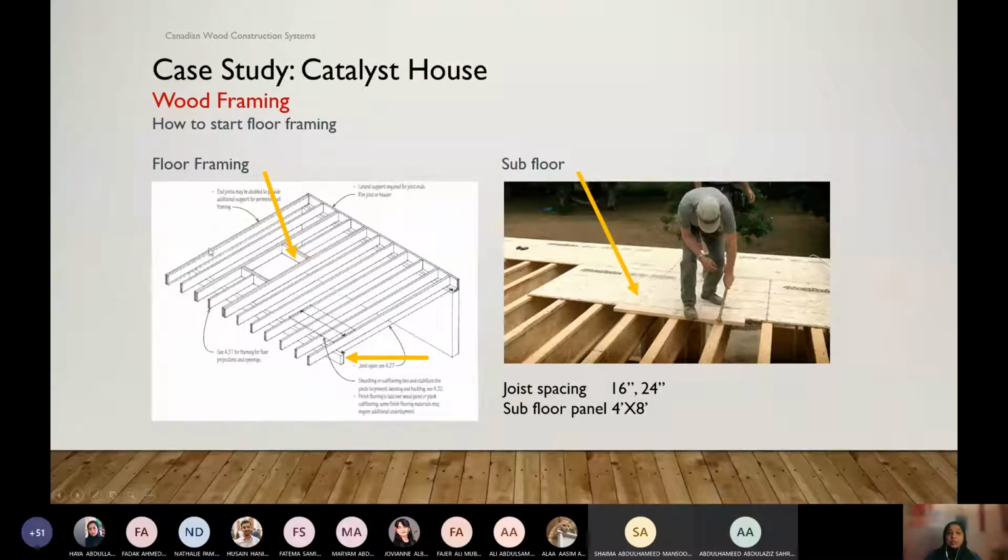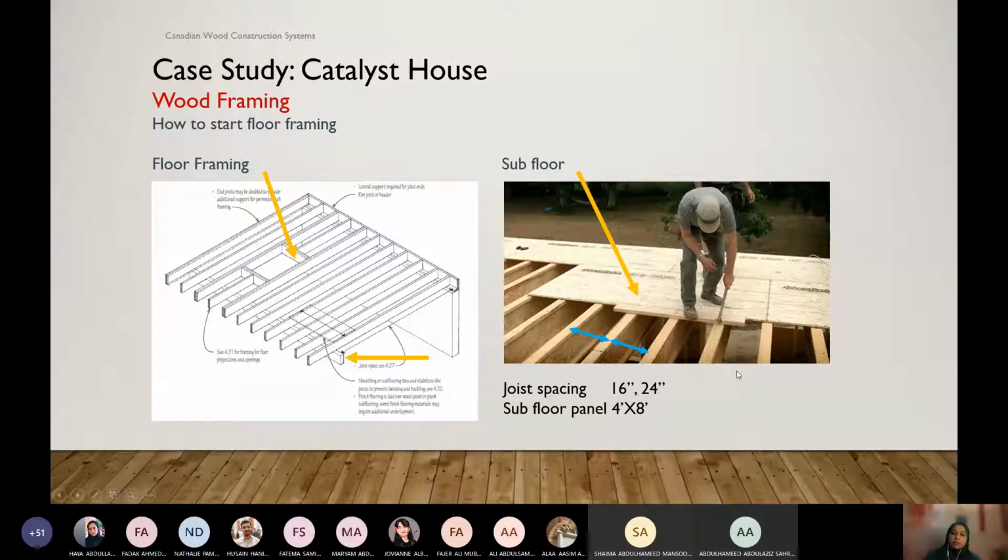Once we are done with this floor framing, now we have to install something on top of it to cover. These wood panels, commonly we use plywood or OSB. And I'll talk a little bit about the joist spacing, center to center.